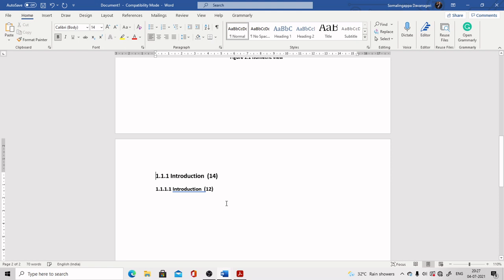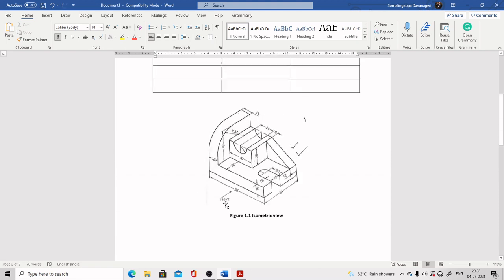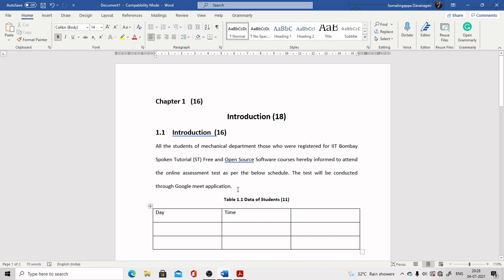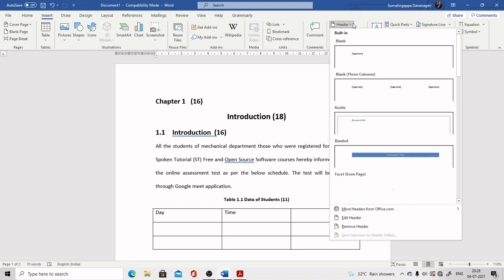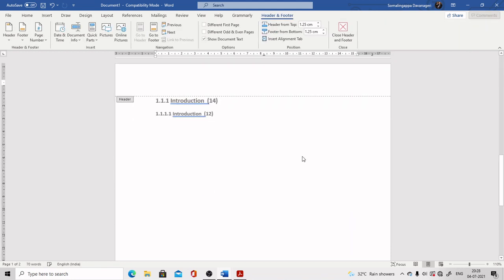This is what formatting the project report is. Next, to insert the header and footer, you go for insert. Then you have the option here, header and footer. You just click on header, then go for edit header here.